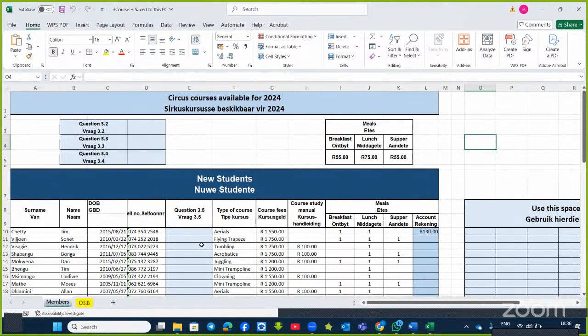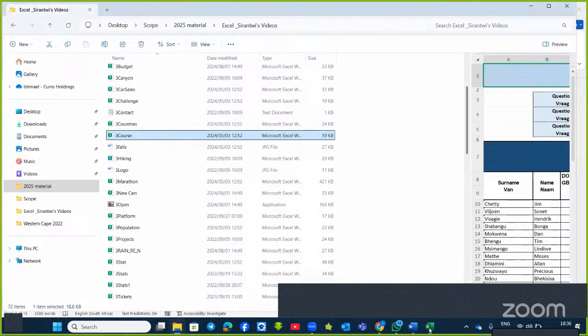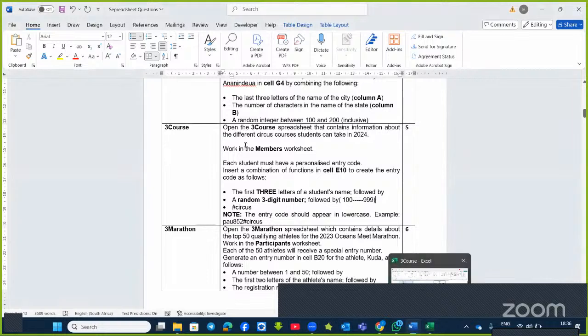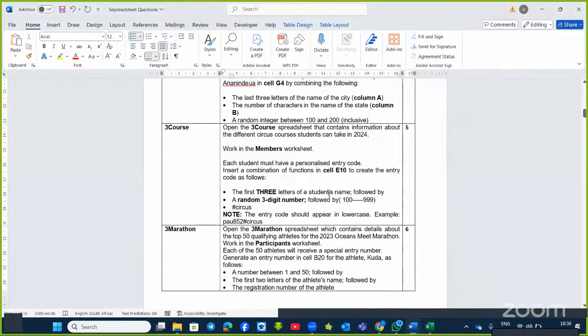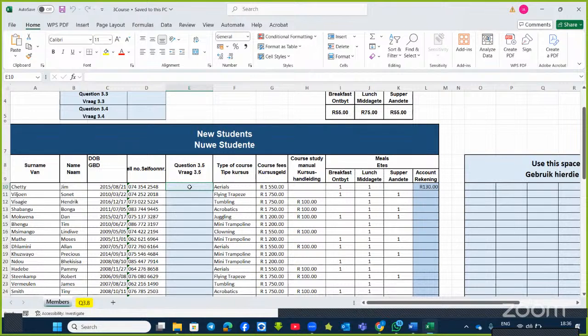Right. Now, 3.5. This question says, first three letters of student name, followed by a random 3-digit number, followed by a text, which is hashtag circus. So now this is also a text that needs to be added to our text function. Now, we work in the members worksheet. So we start here, 3.5, the first question that says we need to